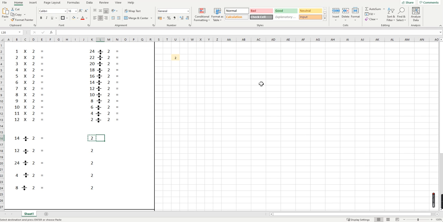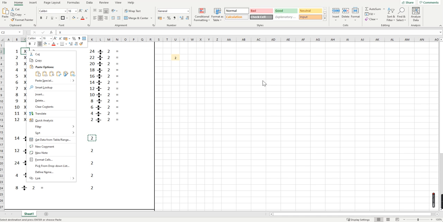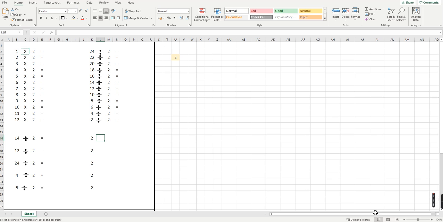Then we want some X's, some times, so click on that cell, right hand click, copy, and next to your 2's, click on that cell, hold down control, click in the other cells, let go of control, right hand click, paste, and then equals. So just select any equals, right hand click, copy,